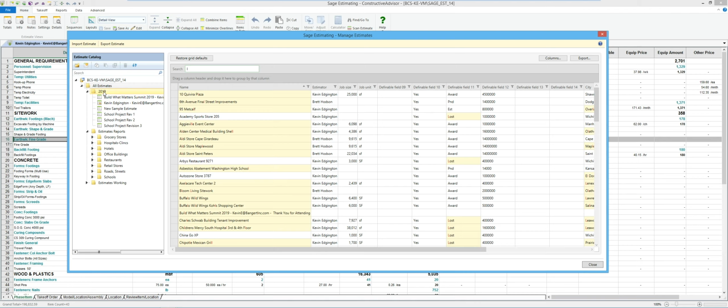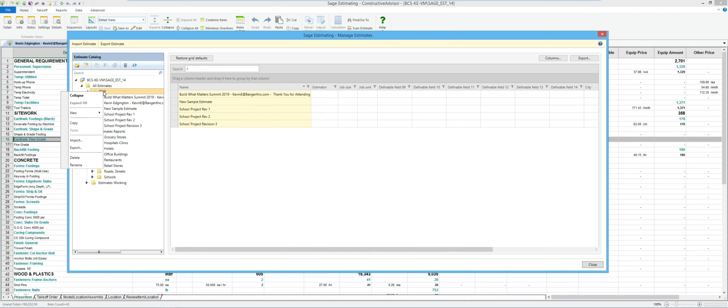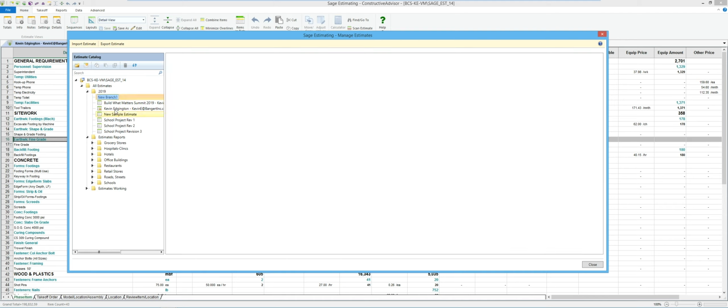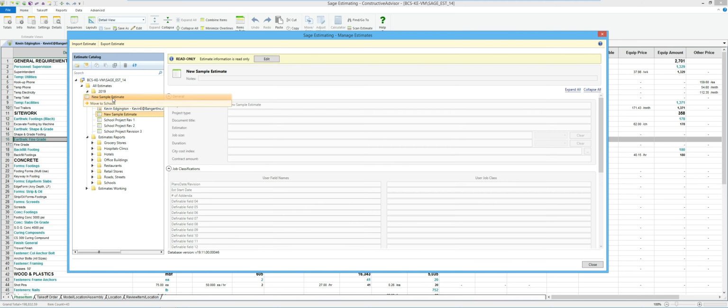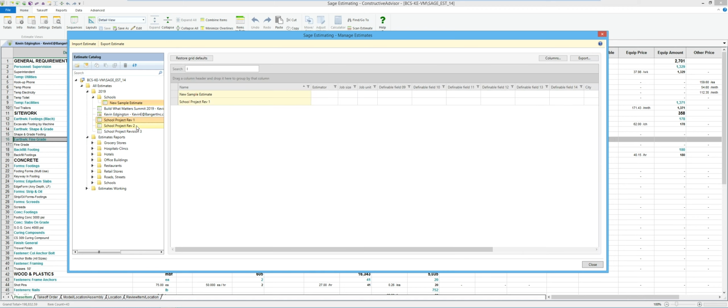The other thing that they've changed is pretty powerful, which has been requested quite a bit, I believe. If I go ahead and create a new branch here, so let's say that I've got schools. In previous versions, if I wanted to move an estimate up to that branch, I would have to highlight that estimate and drag and drop it. One of the things they've changed that's really powerful is you can now use your control key, your shift key, and it can show multiple estimates highlighted at one time. So I'm going to grab those 3, drop them up to schools, and that way I can move a bunch of estimates at one time.